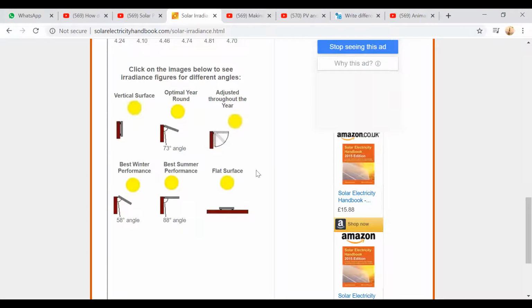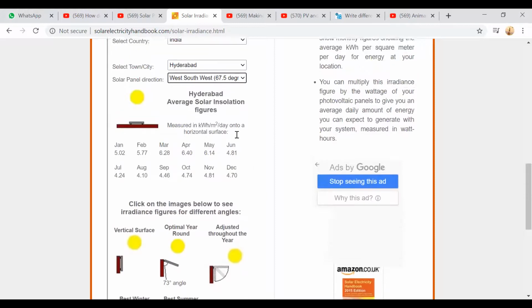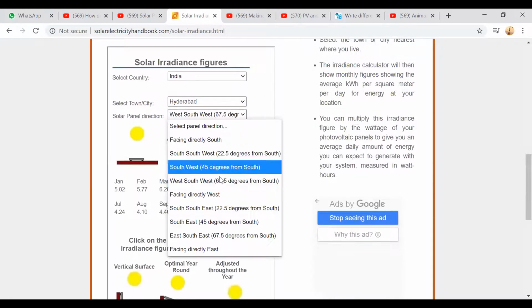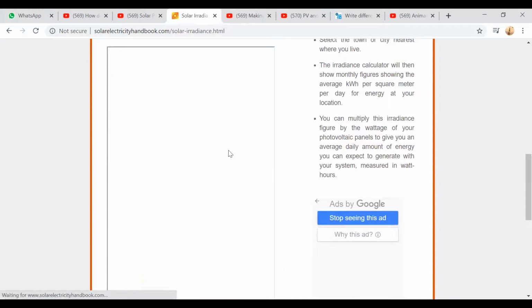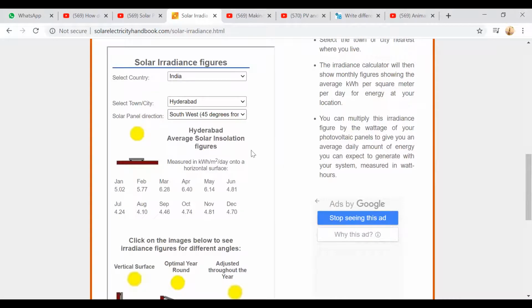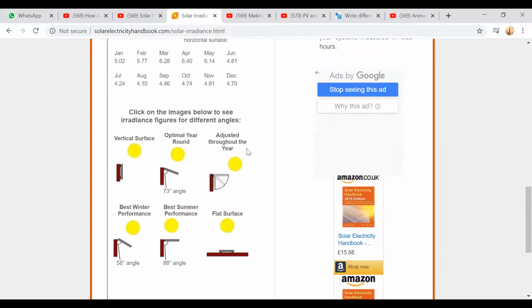For a random check, we'll select the option facing south completely. So here this is the west south we are taking. First one is okay, southwest we have taken the data. So again you can check it out, come down. We can see the difference. Mostly it is in India, these are the points we are having in Hyderabad. Most of the time we have selected southwest, and south and north, we can select like this.